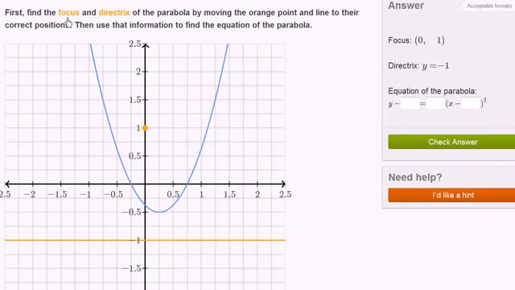We're asked to first find the focus and directrix of the parabola by moving the orange point and line to their correct positions. Then use that information to find the equation of the parabola. So just as a little bit of review, a parabola is a conic section that is formed from all of the points that are equidistant to some point that we call the focus and some line that we call the